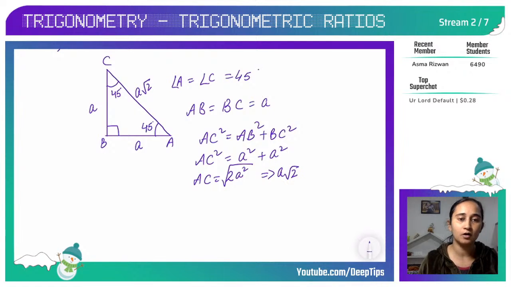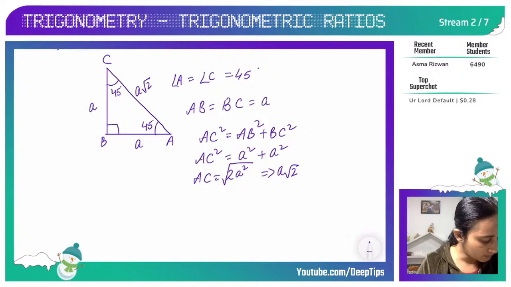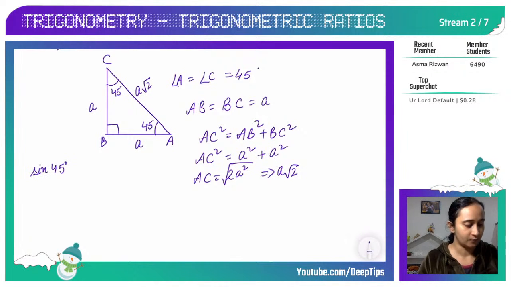Now I know the length of all the sides of my triangle ABC, where AB and BC are equal to a, and AC is a root 2. Correct? So now if I want to find sine 45 degree, or sine of A, where A is 45 degree, I can write sine 45 degree. Yesterday, if you have watched my live stream on Introduction to Trigonometry, I taught a very interesting Pandit ji's formula. Pandit Badri Prasad har har bhole sona chandi tole.